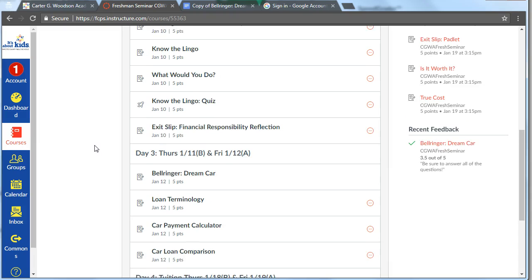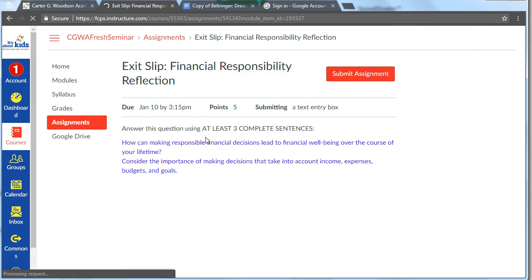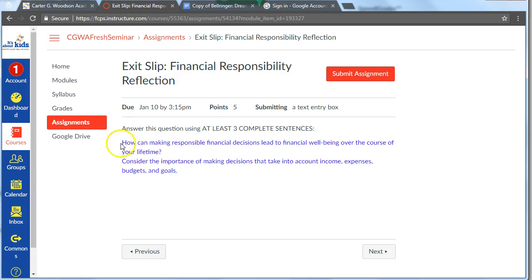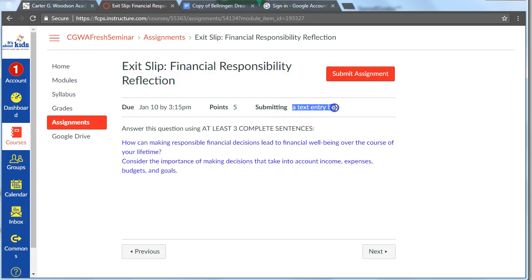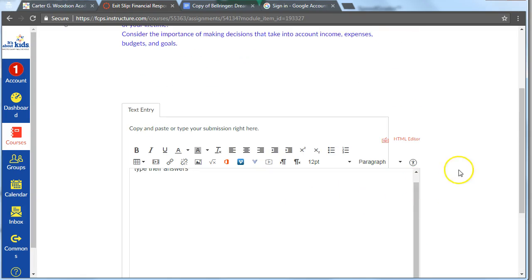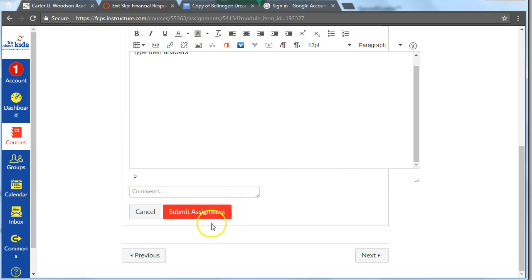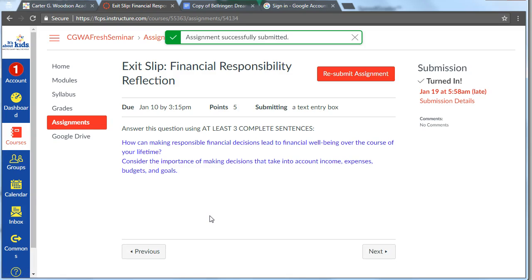But as I go in here, I'm going to take a look at this assignment. If I click on it, now this is a different type of assignment because it's something the student will actually do right here in Canvas. So there are some questions that they will answer. And the last assignment said that it was going to be submitted on paper and pencil. This one says you're going to enter it right into a text box. So they might say submit their assignment, and they could type their answers right there in Canvas. They can answer their questions and submit. And so there is no paper and pencil involved, and everything can be done right there in the website